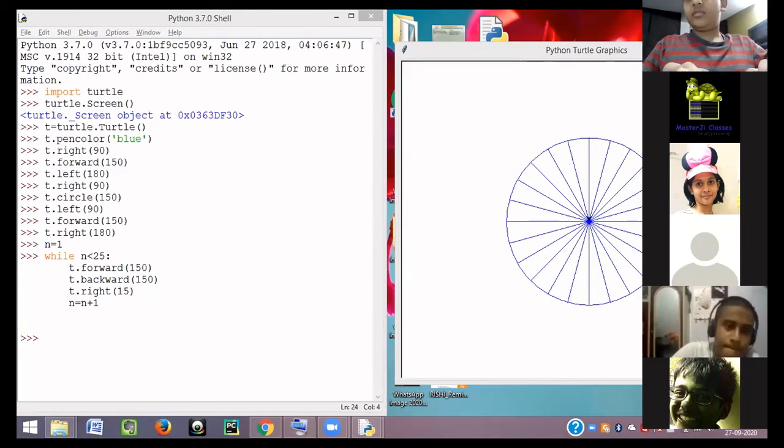Hello? Yes, sir. I was asking that in the middle, the dot, how did the dot come? We didn't put the coding for the dot. So how did it come in the middle? See, it's very simple to understand. Let's suppose you're using any pen, and from a single dot you want to create so many lines. You will see that from the point you're starting the lines, that will be darkened itself. If you join many lines at a single point, it will automatically create a dot.